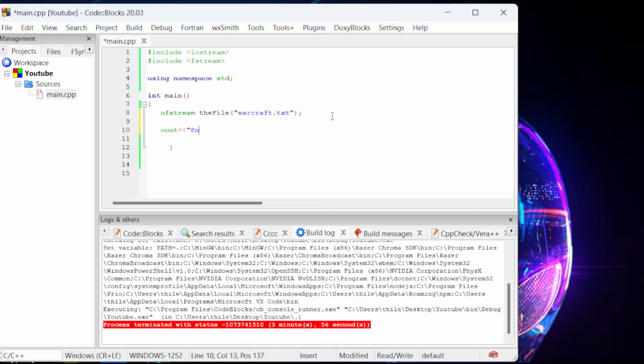So let's go ahead and write that. Here this is going to be the prompt. It's going to ask the user to enter the player's ID and then name and money, or you can say gold. If you talk in World of Warcraft, that's gold. So enter ID, name, and gold. Okay, so endl,